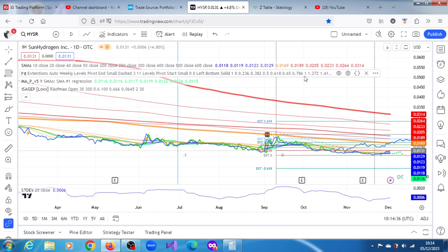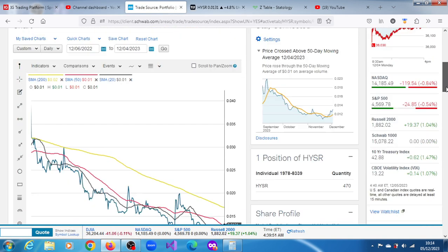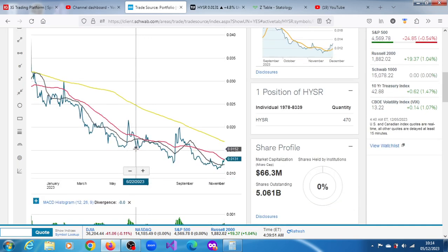highs of around 0.0249. The last time we covered the stock was as of the 21st of June of this year. This is around a day after that, the 24th of June. After a few days after that, the stock rallied and met resistance at its 50-day moving average and declined, and even rallied further than that, broke above that 50-day moving average, and dwelled above it for a couple of sessions,